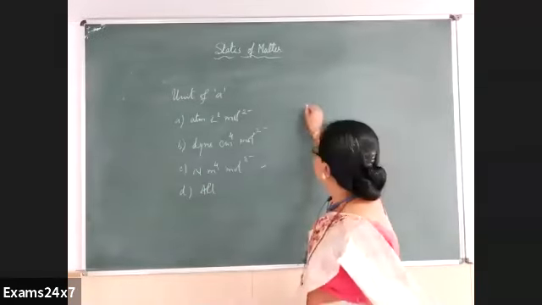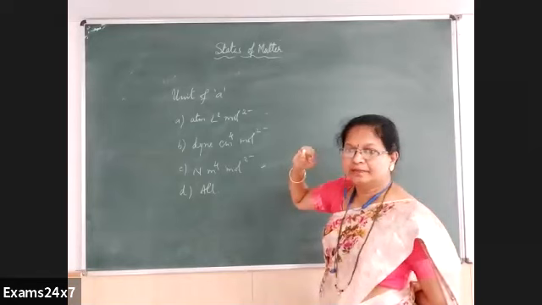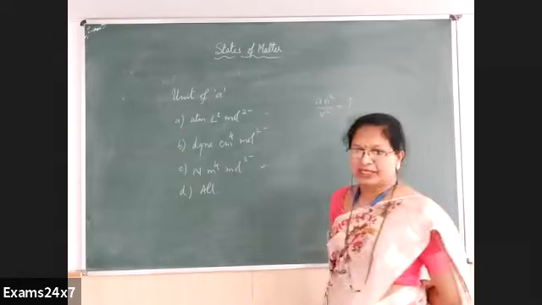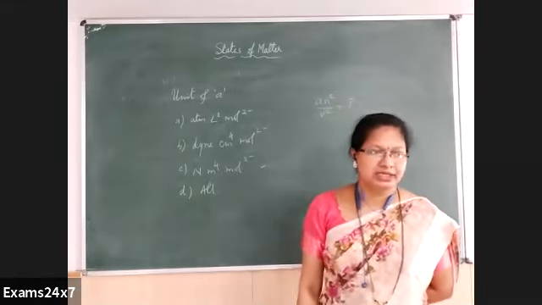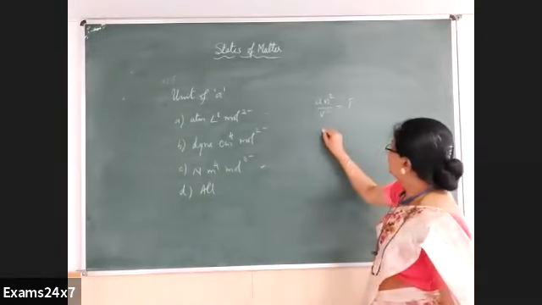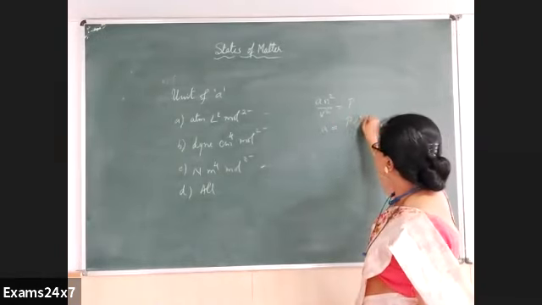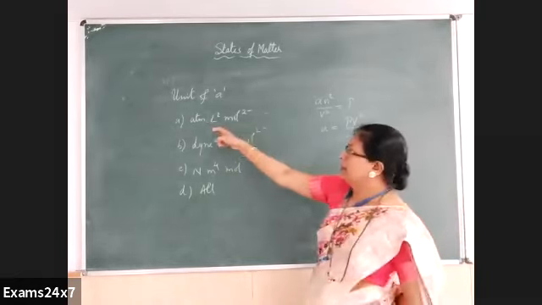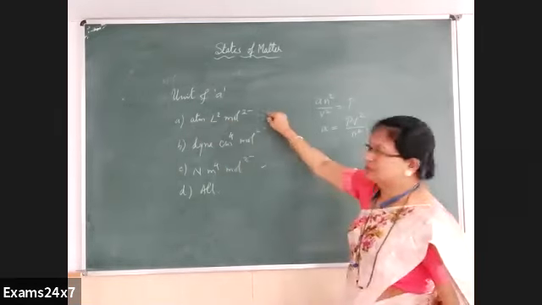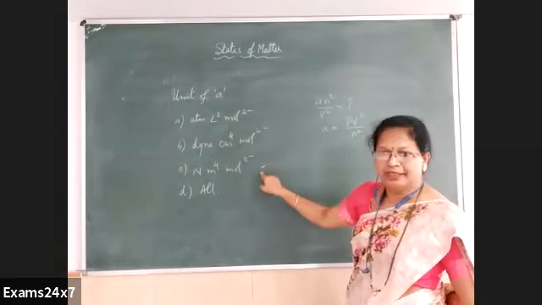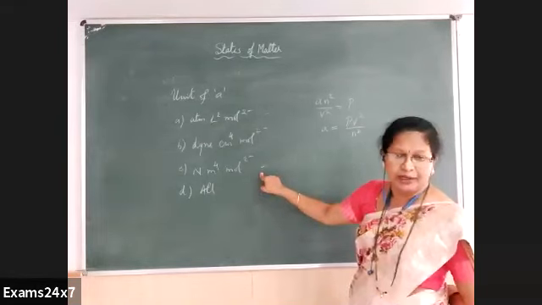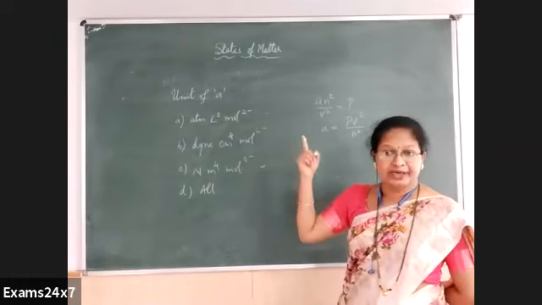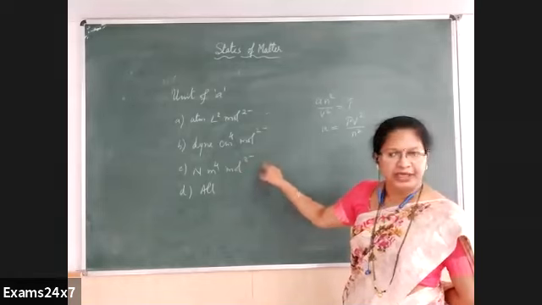What is the term A comes in? It is A n square by V square, which is the pressure correction factor. Hence, dimension of pressure correction factor and P should be same. From here, we can say A equal to P V square by n square. We have seen in the previous class by applying pressure in atmosphere, volume in liter, we get this option. That is correct. Even pressure in Newton per meter square into meter power 6, meter cube square, we have checked, right? A and C are correct.